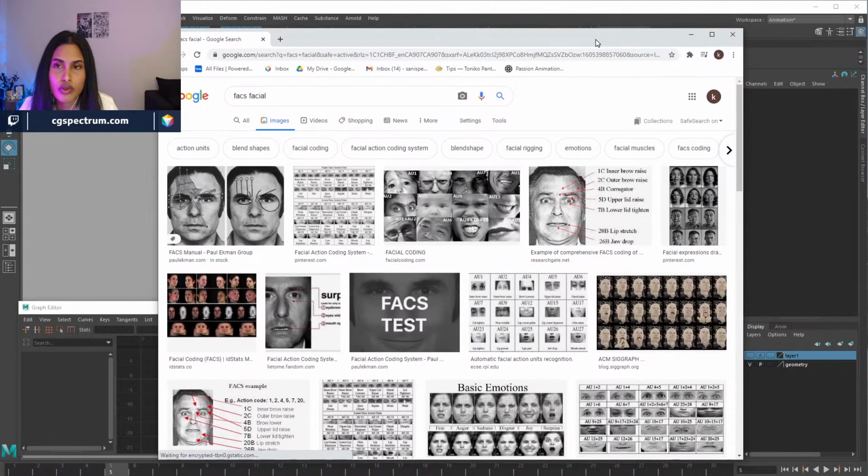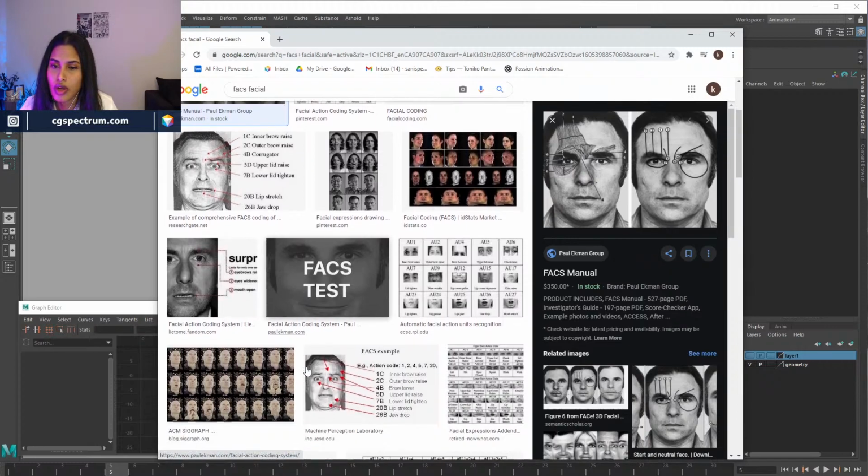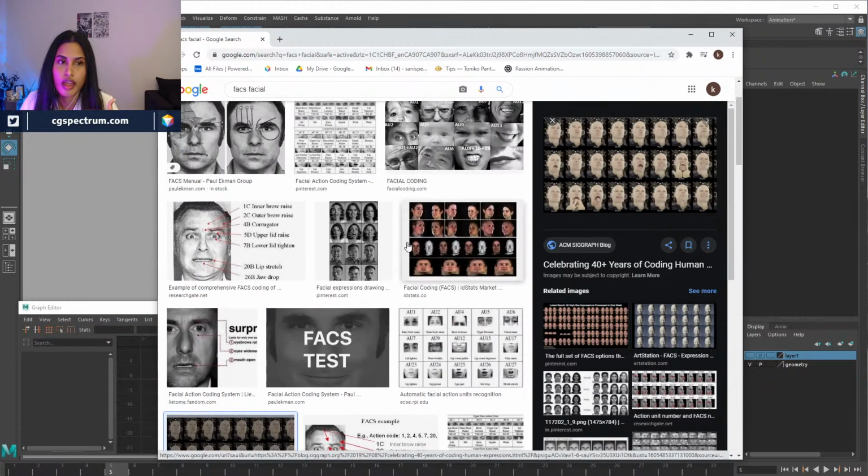This is the thing. So for Thanos, they had to study this. So this is called FACS. FACS is basically studying every muscle in your face. So what makes, when we do O's and E's, what are all the muscles in your face moving? So basically they have to make a rig that moves every muscle in your face, and